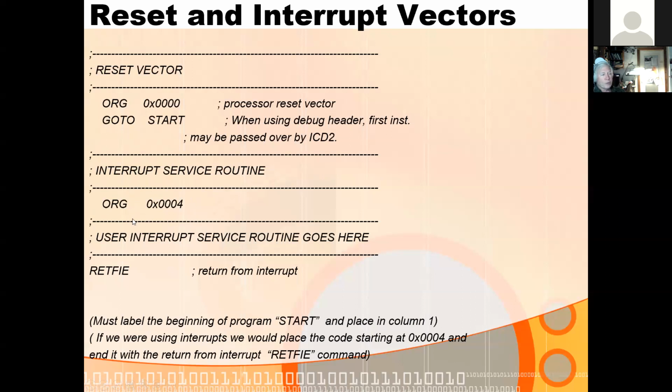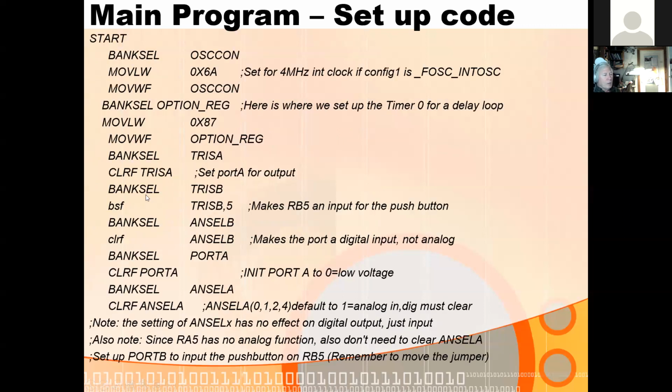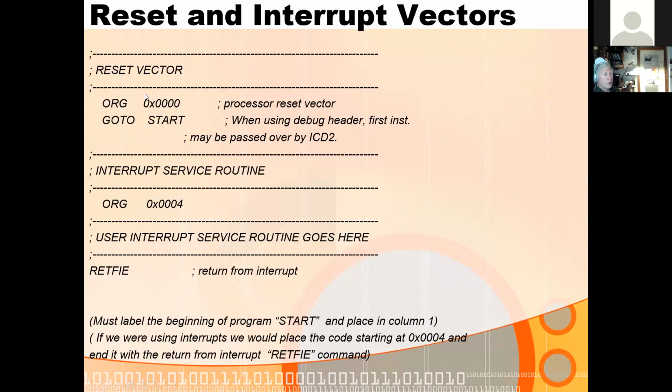And normally what you'll put there is either your interrupt service routine, which will save you a jump instruction, or you'll put a jump instruction to your interrupt service routine. And most of the time, it makes sense to put the interrupt service routine here and then put the actual start location after your interrupt service routine. So when you go to org, it jumps to start, but when you interrupt, it immediately starts executing your interrupt